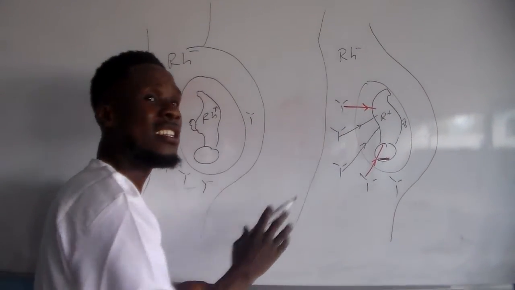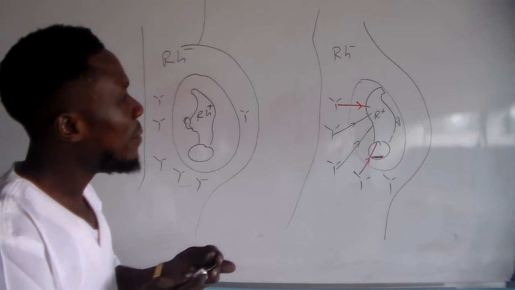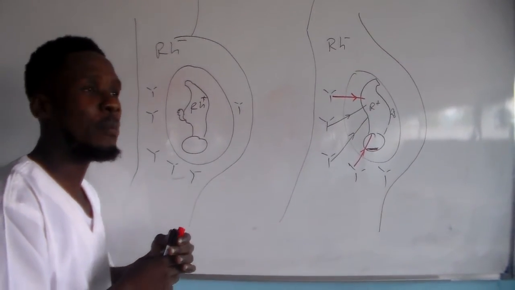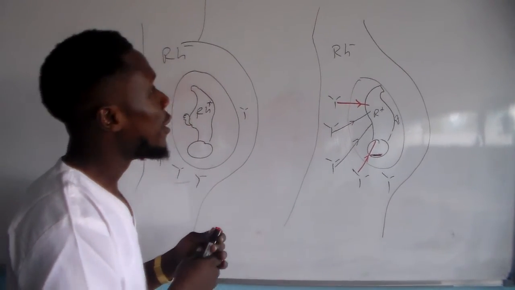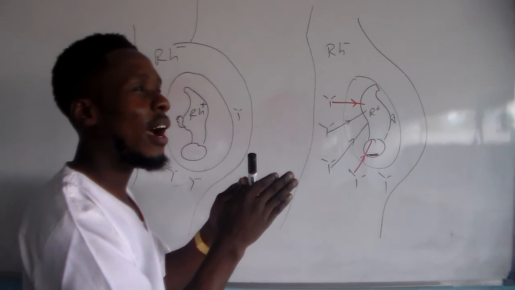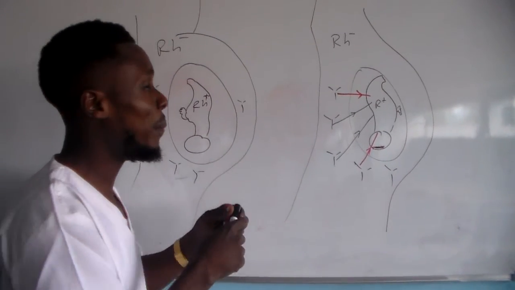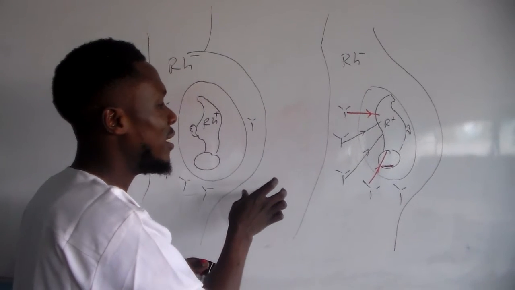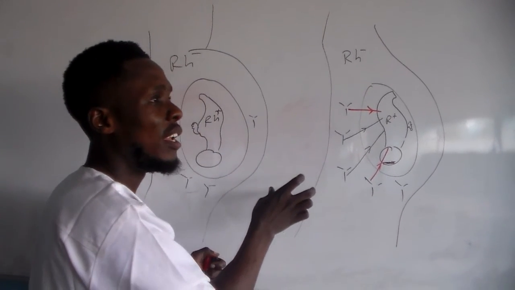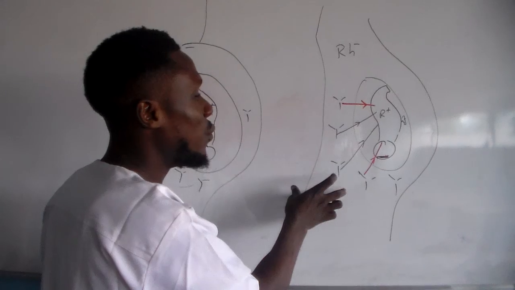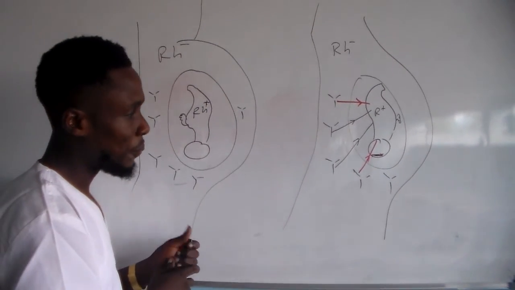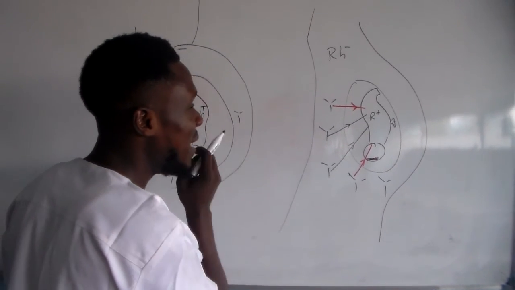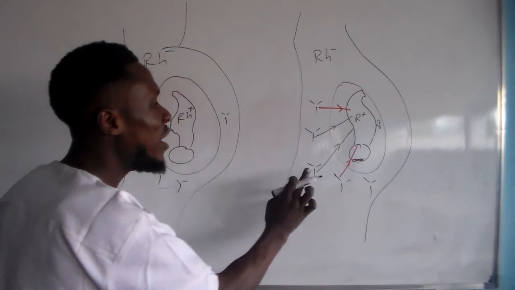So how do we prevent this condition from occurring? Immediately after birth, based on the hospital policy, or after 38 weeks of complete gestation, the anti-D antibody, that is the immunoglobulin G antibody, would be administered to the mother. As the anti-D antibody is administered into the mother, it mops out